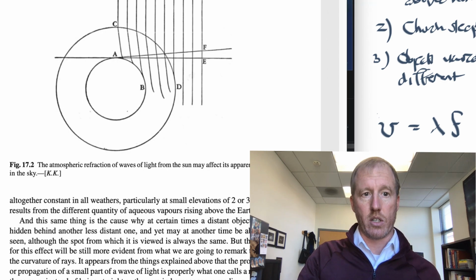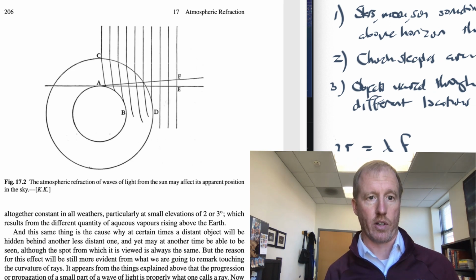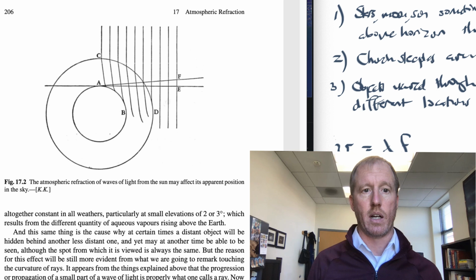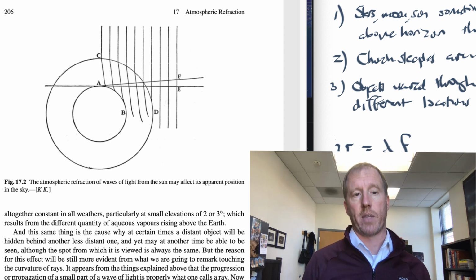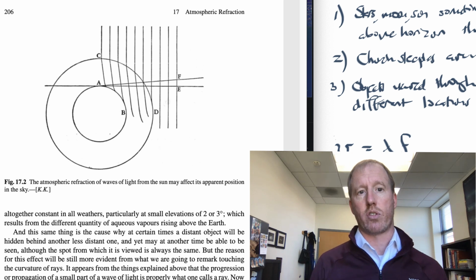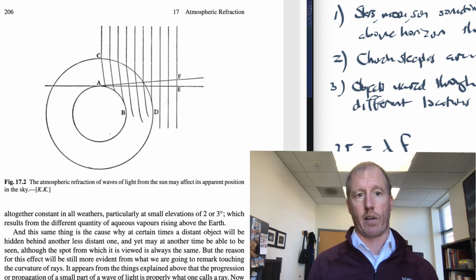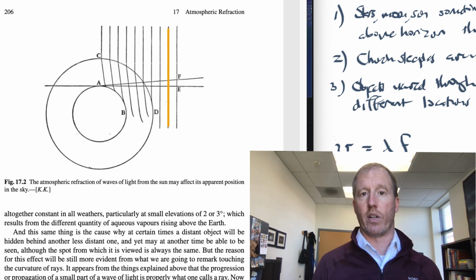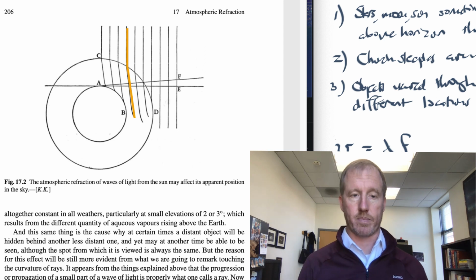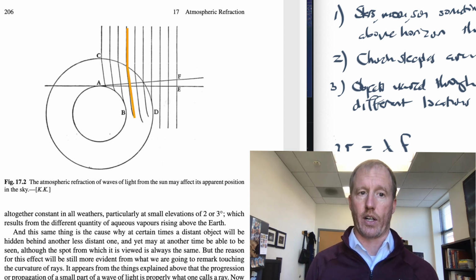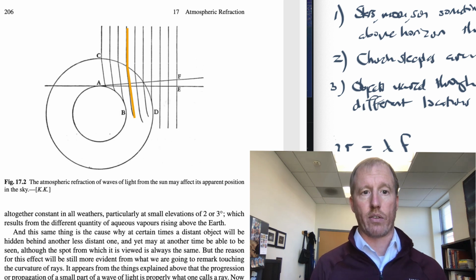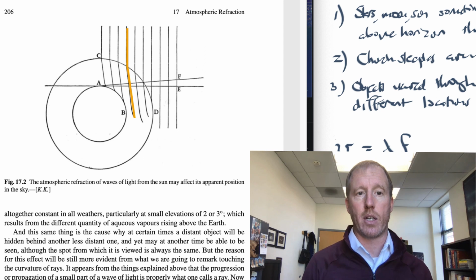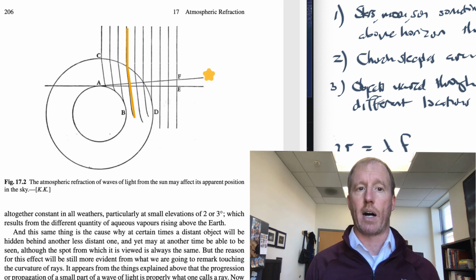Well, if you go on to the next page, there's a depiction of the Earth's atmosphere surrounding the Earth. So Earth is at location AB. The atmosphere, admittedly exaggerated in depth, is at CD. And then you have some kind of starlight or sunlight coming in from the right side of the diagram toward the left. Those vertical lines represent the wave fronts coming in. And of course, as they hit the atmosphere and they slow down, the wave fronts are bent, as we talked about in the last chapter. Since they're bent, the trajectory of that light ray changes direction. And so whereas the star from which the light was coming maybe is over in the direction of E, it appears to the person's perspective who's standing at A to have been coming from a higher altitude up at point